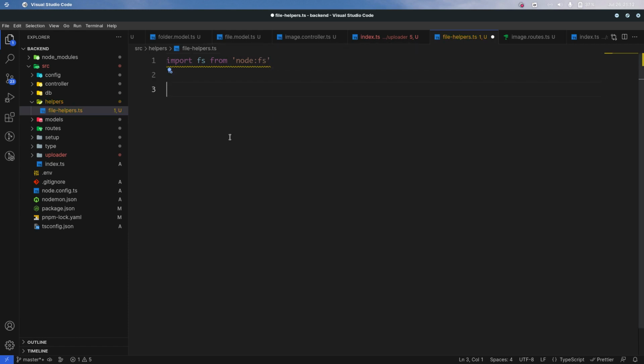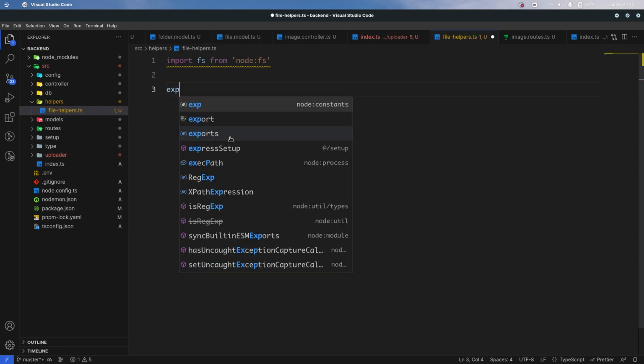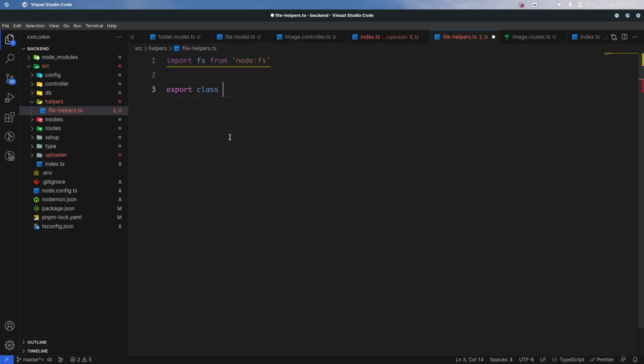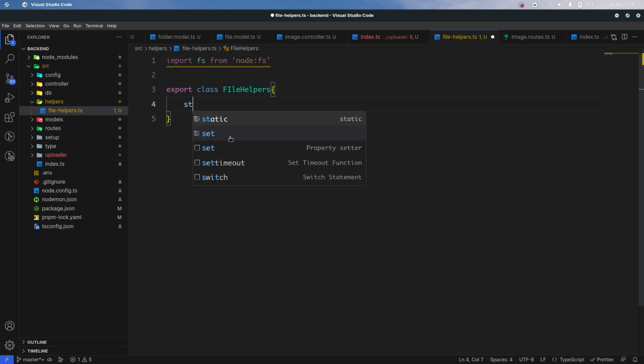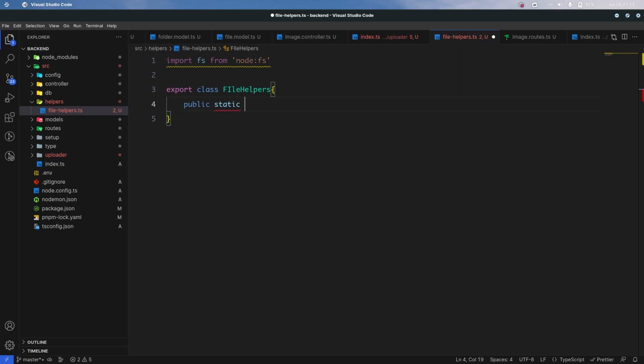Okay. So I'll just have a class, export class FileHelpers, then static public static create folder